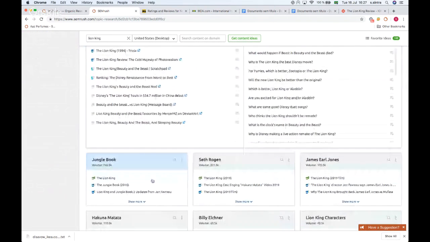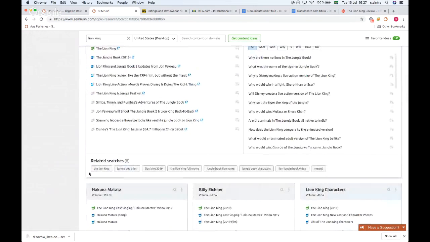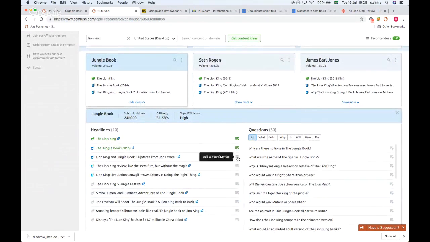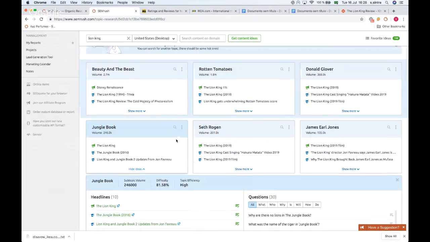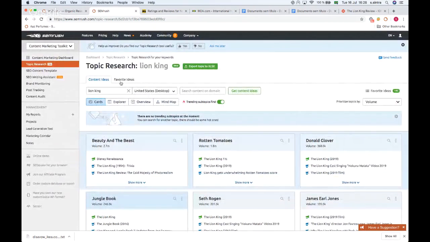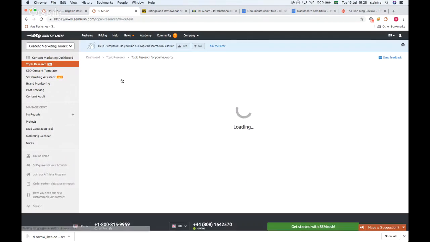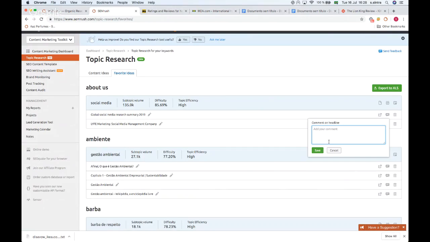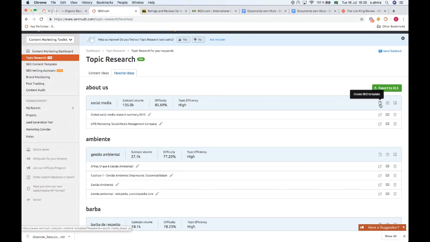Also related searches might appear here. And you can always send them to your favorites, favorite ideas. And when you do this, they will appear in the next tab, that is favorite ideas. And from here, you can always, for example, just change something or send it to Trello or make some comments. But an interesting thing that you can do is to create an SEO template, just clicking this paper button